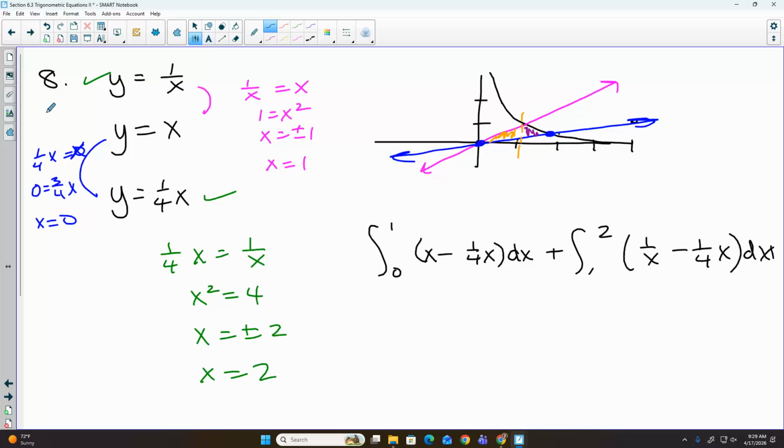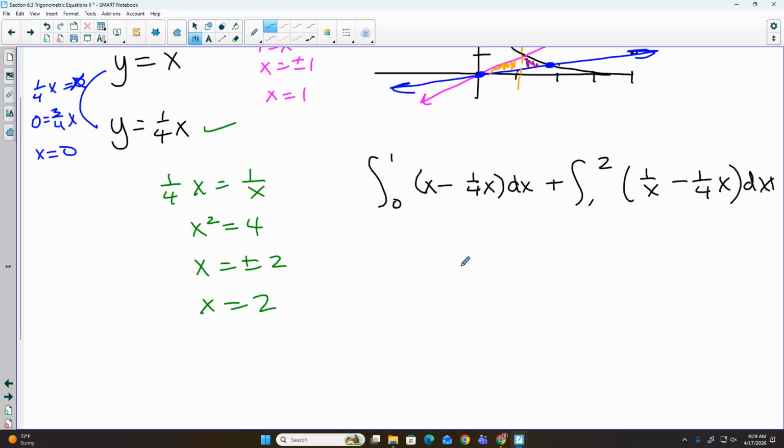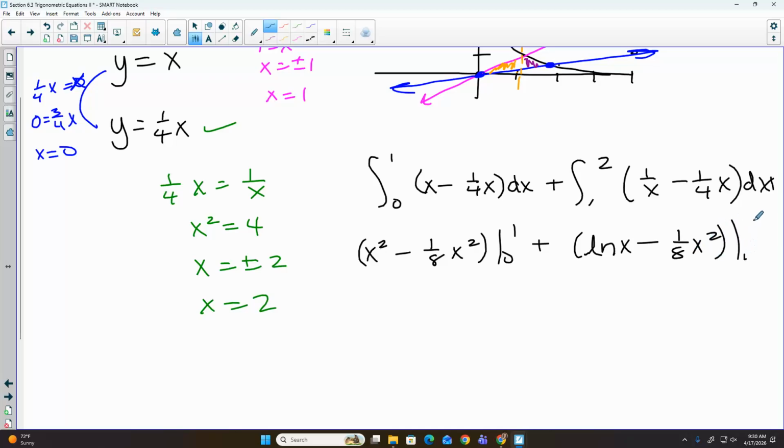You can integrate from this point or combine like terms first. The antiderivative of x would be x squared minus the antiderivative of 1/4 x would be 1/8 x squared. What's the antiderivative of 1/x? Antiderivative of 1/4 x, 1/8 x squared. So if I put in a 1,